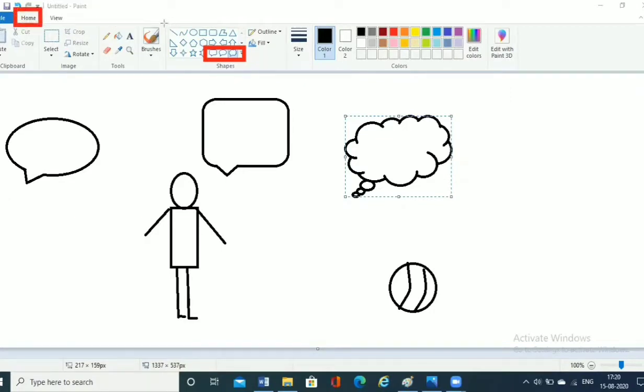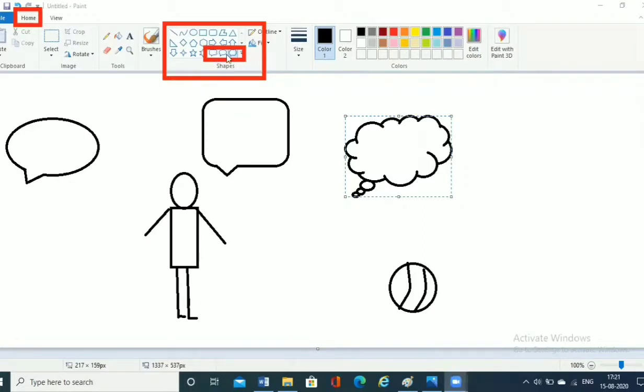In this home tab, you'll be getting the shape group. Under the shape group, there are three callout shapes or the callout boxes, which are number one the rounded rectangular, the second is the oval, and the third is the cloud callout shape. Okay, so these are the callout shapes. If you wish to actually color the callouts, you can go ahead and color the callouts. Even if you want the border of these callouts to be of a different color, you can go ahead and do that as well. All you have to do is choose the callout.